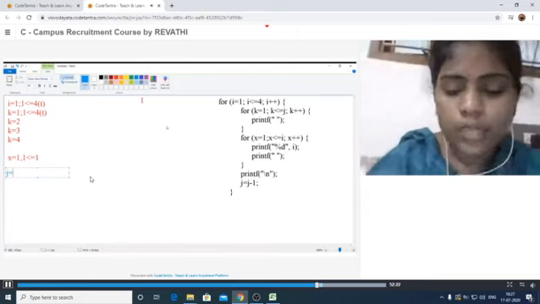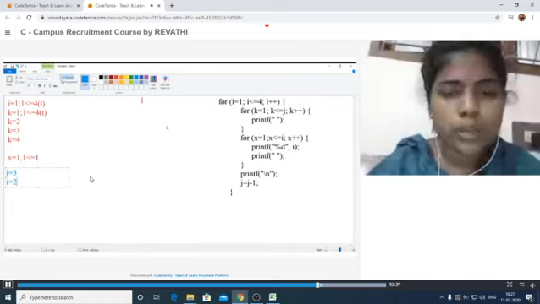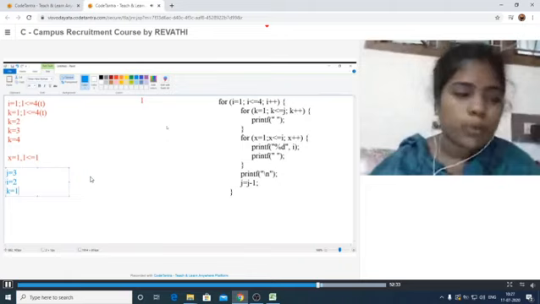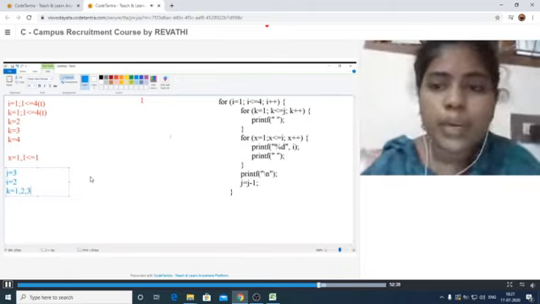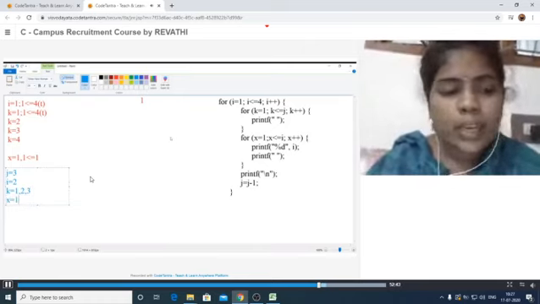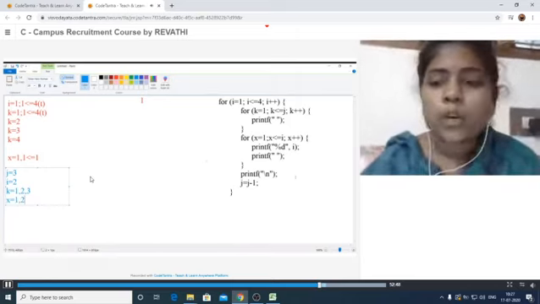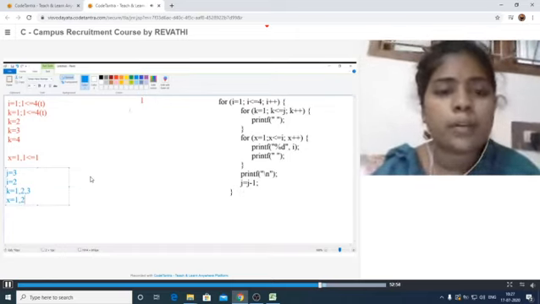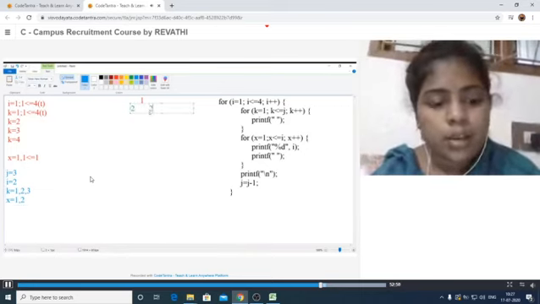j is equal to 3 now. Now again the same process is repeated, i is 2 here. After that again the k process is done, k runs from 1 to 3, so 3 times it is processed here. That means 3 spaces are printed. After that it enters the x loop. x is equal to 1 and 2, so 2 times it is repeated here and it is printing the i value. i is equal to 2, that means 2 is printed 2 times here, with the spaces, and after that it prints 2.